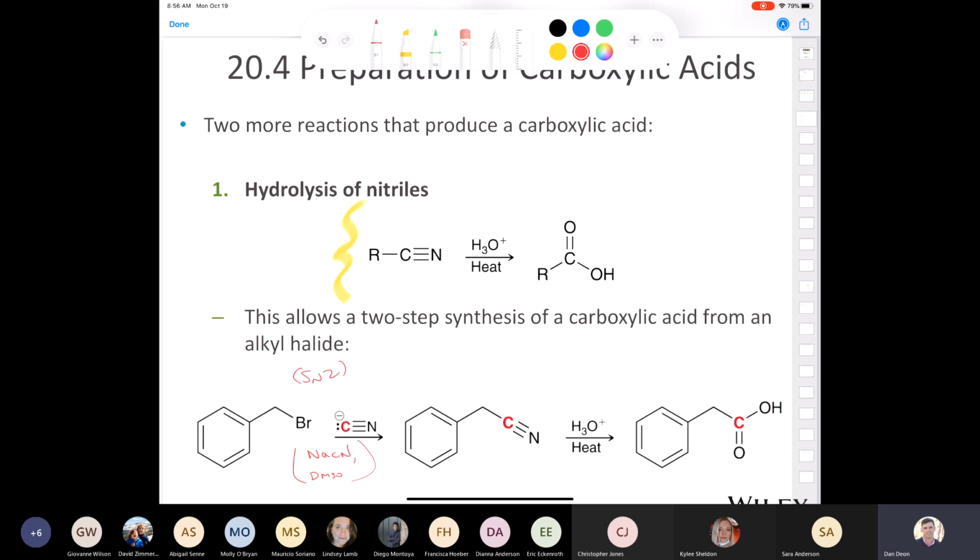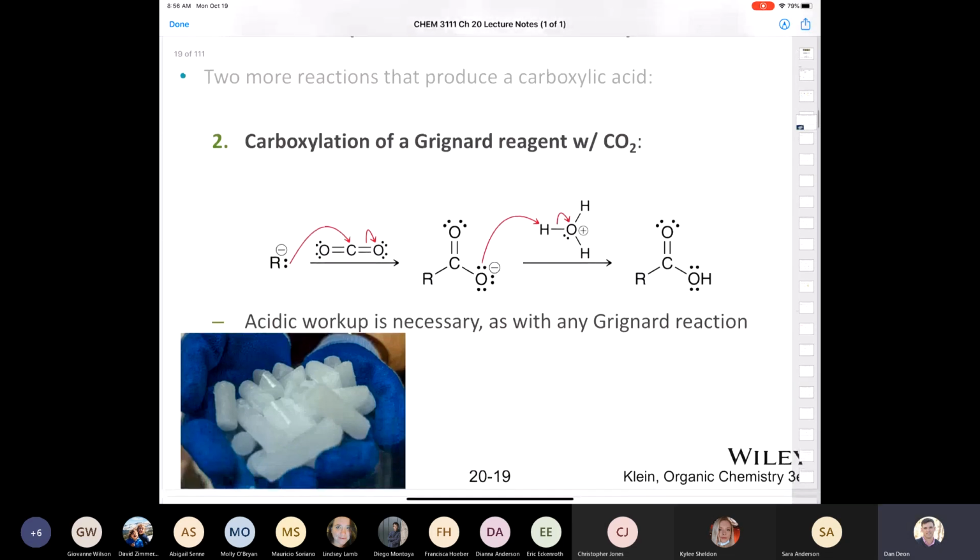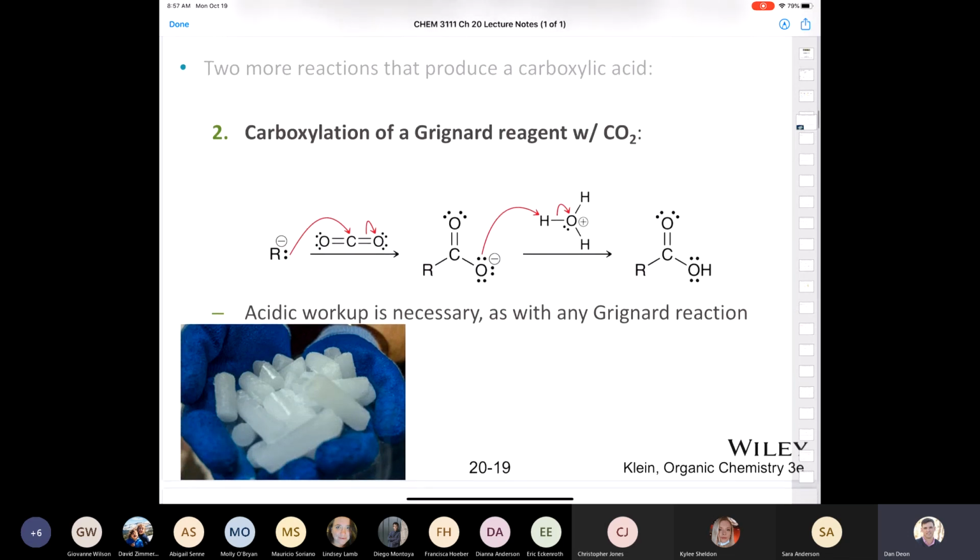And you've also added one carbon to the overall molecule, right? You started out with a 7-carbon molecule, and now you have an 8-carbon molecule. Kind of a neat synthesis. The next one is one I've done many, many times in my life, the carboxylation of a Grignard reagent with carbon dioxide. In fact, this is something that we do sometimes in the lab here with the students at UCCS. And what we do is we take a Grignard, and this is the Grignard reagent shown right here,